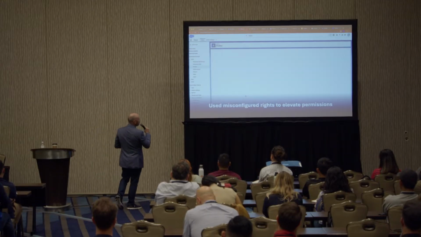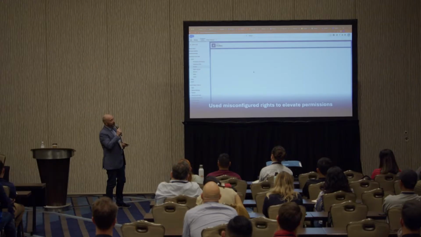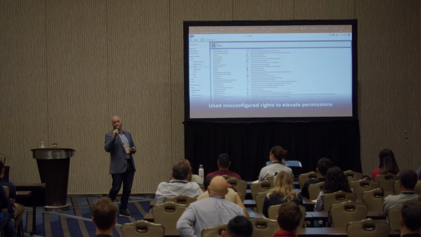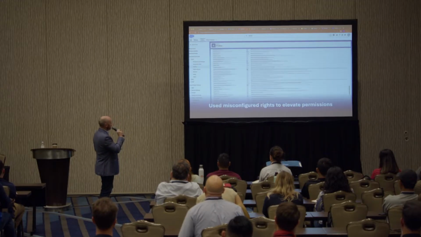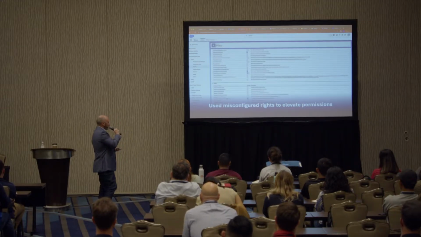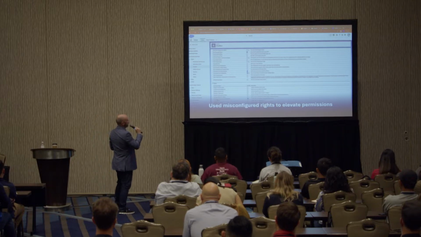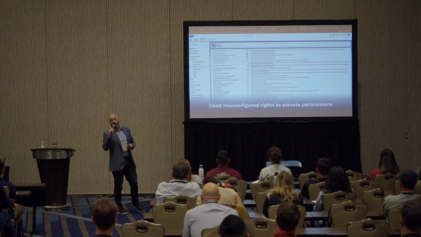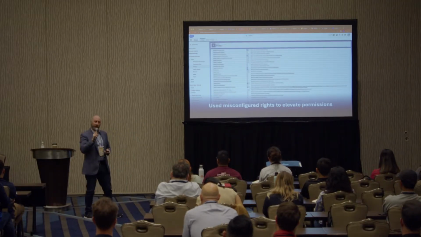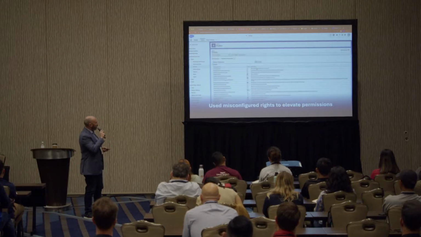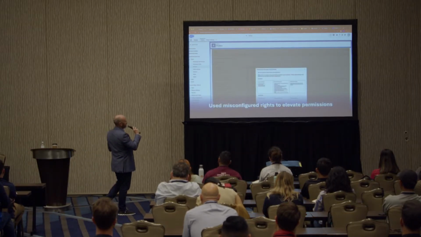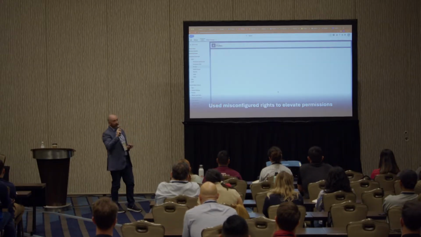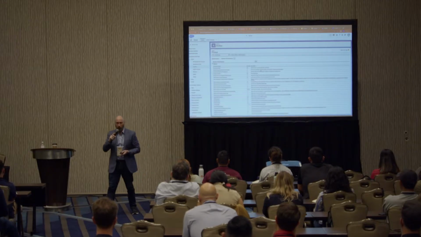So I go into the system permissions here, and I'm going to change one very specific setting. If I scroll down, you better know what all of these are if you want to make sure that your Salesforce data is protected. Under users, I am going to give myself the ability, and you can see I have the ability here, to manage profiles and permission sets. That means that as a user, I have the ability to change what this profile can access. And what I'm going to do here is make one very, very simple change under system permissions, and I'm going to give myself the ability to view all accounts.